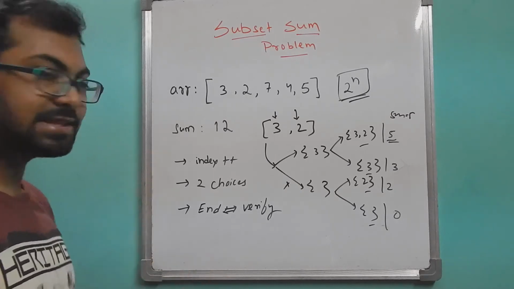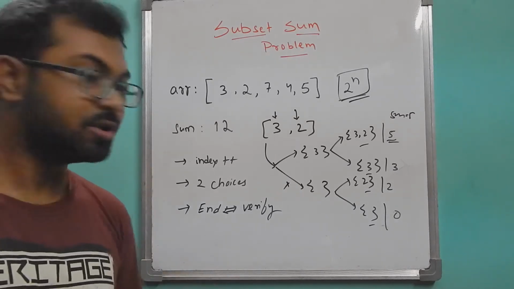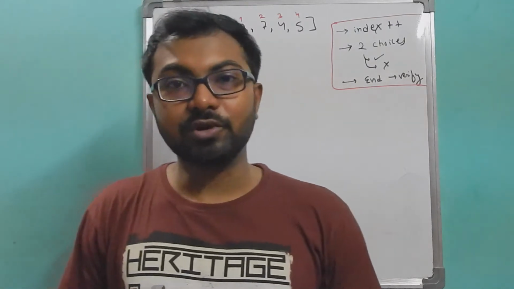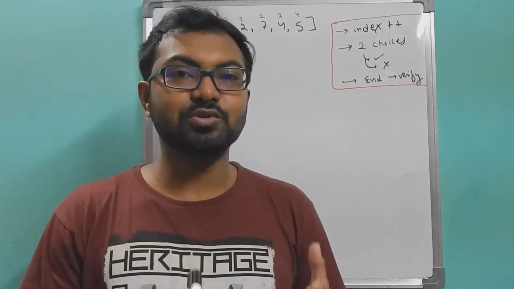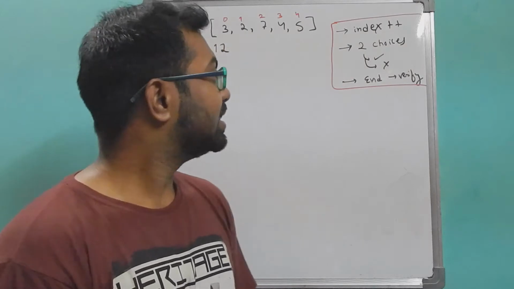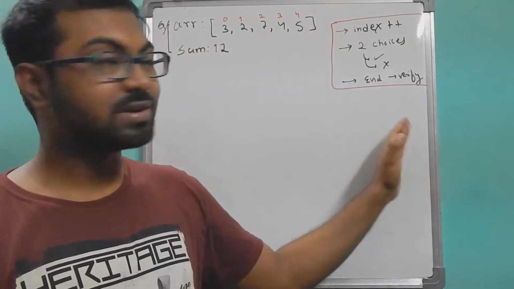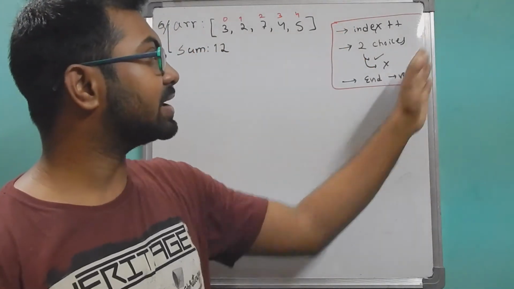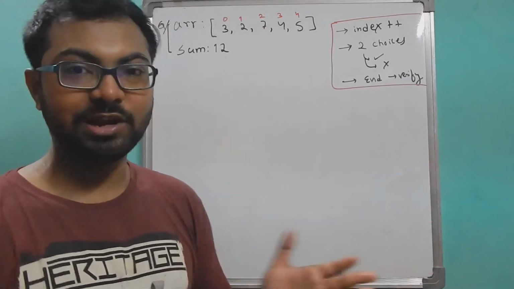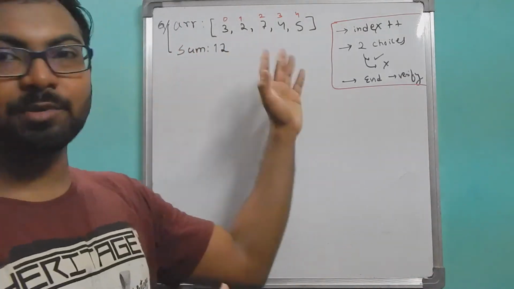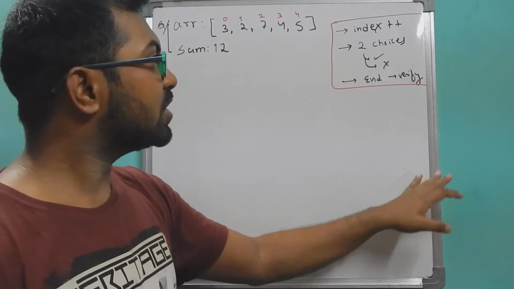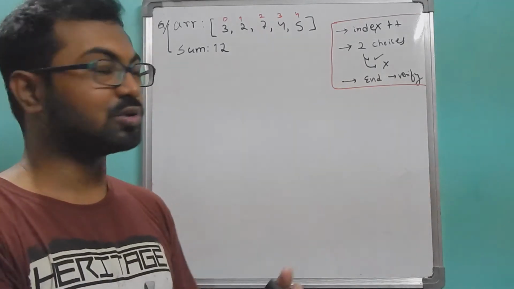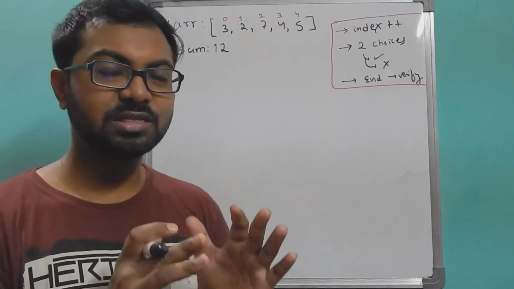Now let's take these three things and try to write a code. As I mentioned before, we have to convert our thought process into a working recursive solution. This is our thought process: we have to increment our index, we have two choices, and towards the end we need to verify. And this is the problem we are given. Now if we have these choices and we need to write a code, let's start off with the first thing,